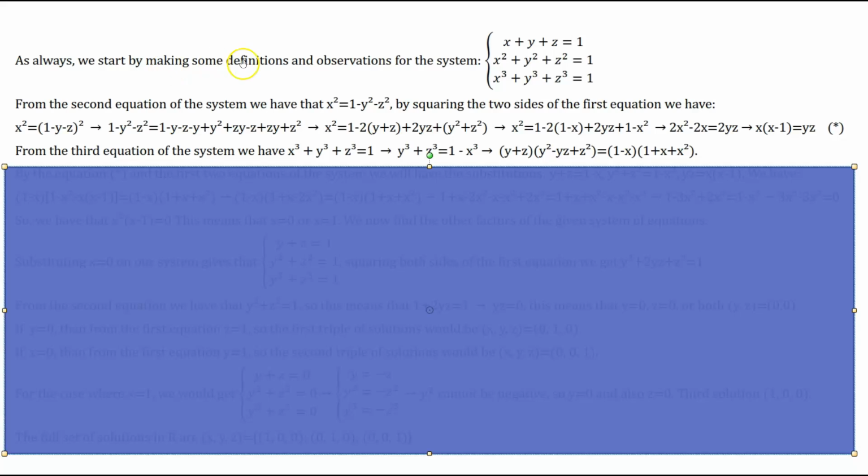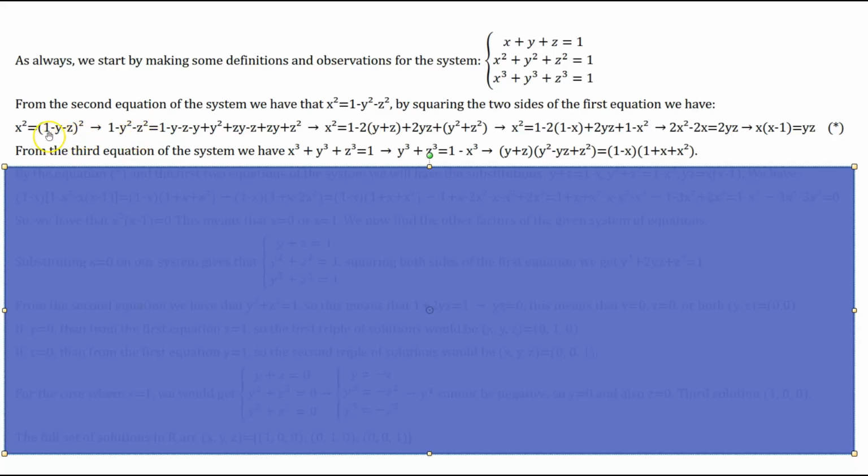From the second equation of the system, we have that x squared is equal to 1 minus y squared minus z squared. And now, by squaring the two sides of the first equation, we take y and z on the right hand side of the equation, and we have that x squared is equal to (1 minus y minus z) squared. So we now expand. We substitute the value of x squared with the one that we have from the second equation, and we will have that x squared, which is equal to 1 minus y squared minus z squared, and